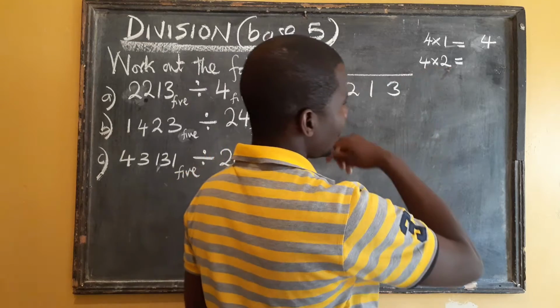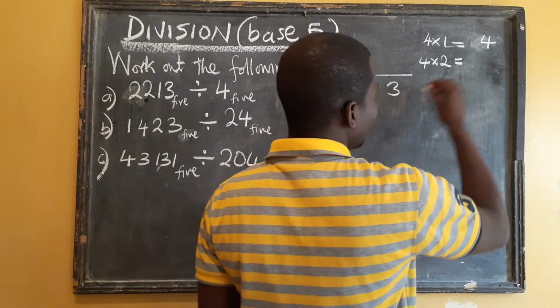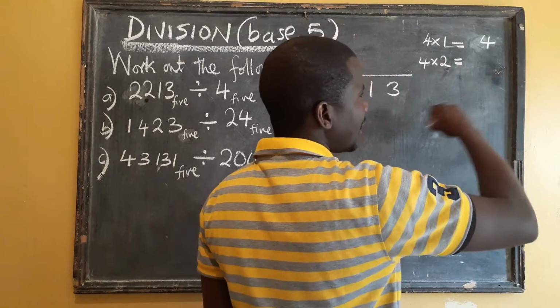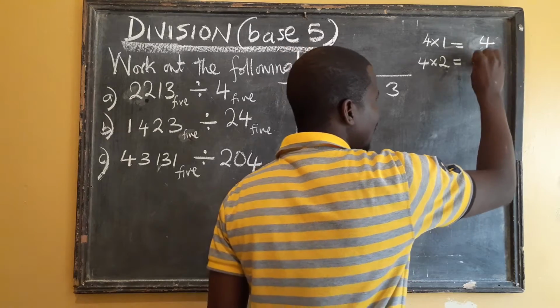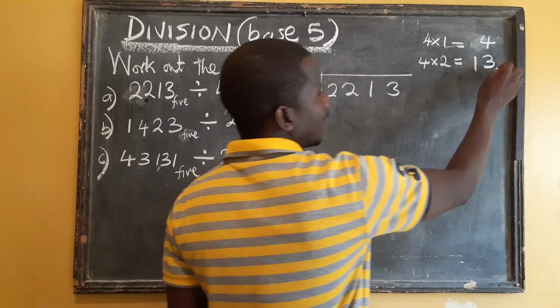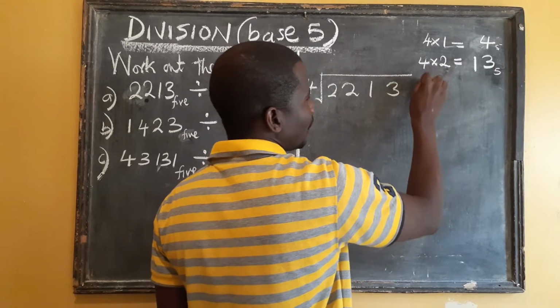So this gives us 8. 8 divided by 5, what do we get? We get 1 remainder 3. So you start with 3, which is the remainder, then you write 1 here. These are in base 5, even these numbers are in base 5. So then we say 4